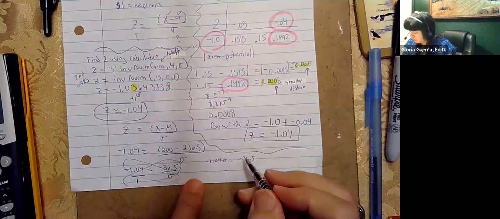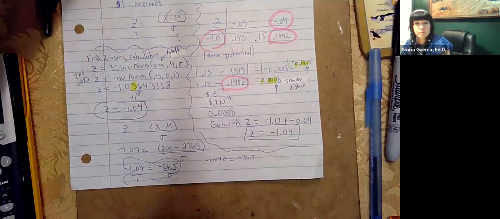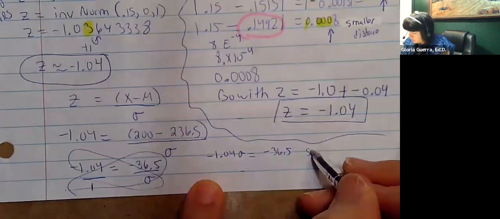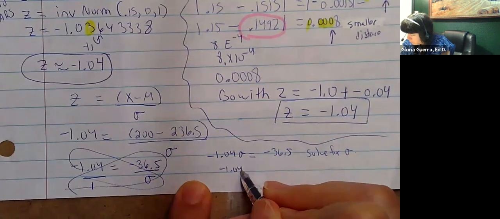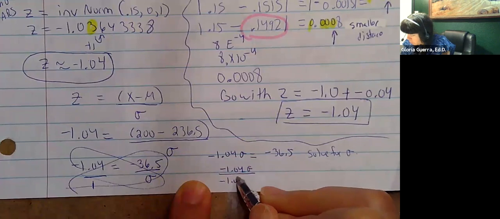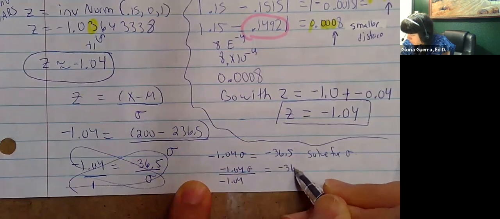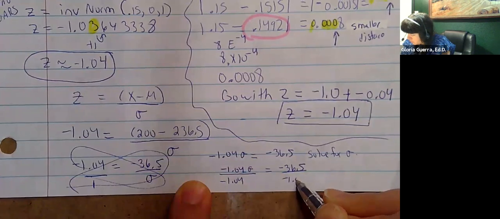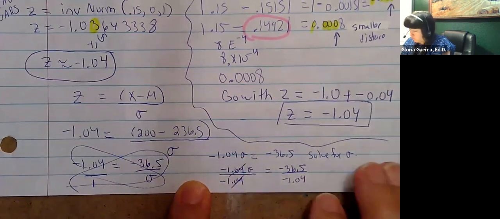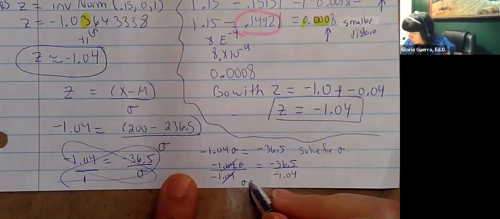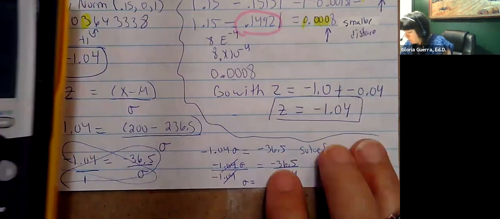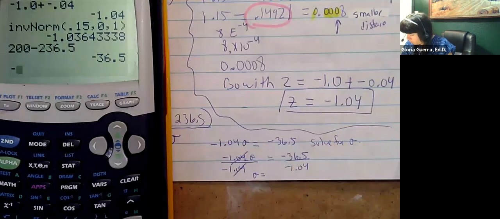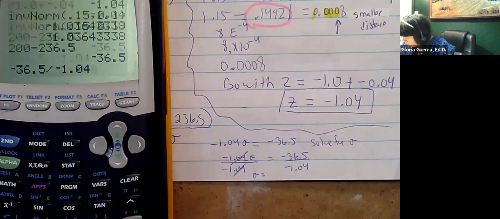And to find sigma, if I'm solving this for sigma, I'm just going to divide both sides by negative 1.04. So I have negative 36.5 divided by negative 1.04. And it gives us